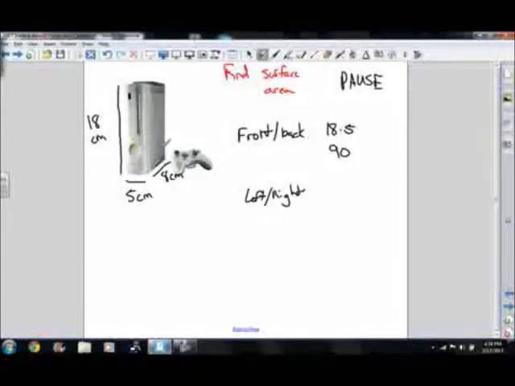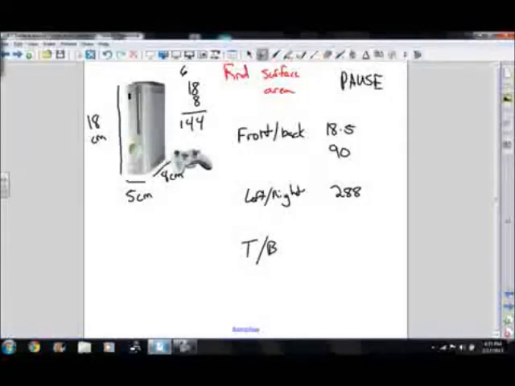Okay, so that's 8. That's times 18. So 18 times 8. This will be 144. We got a double 144 that gives us 288 for left and right. And then top and bottom,